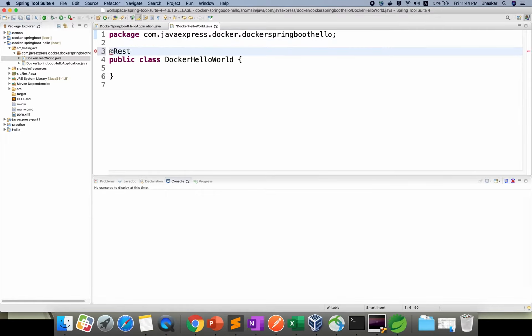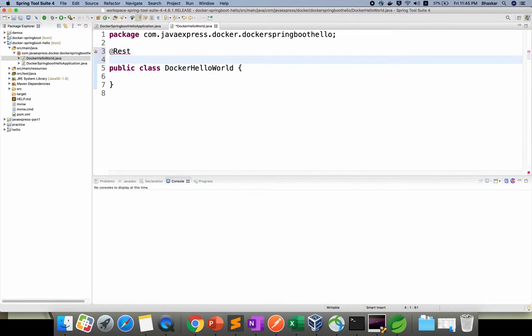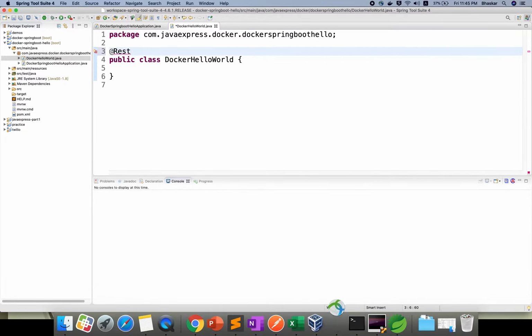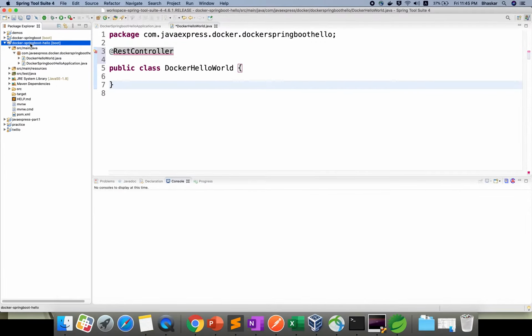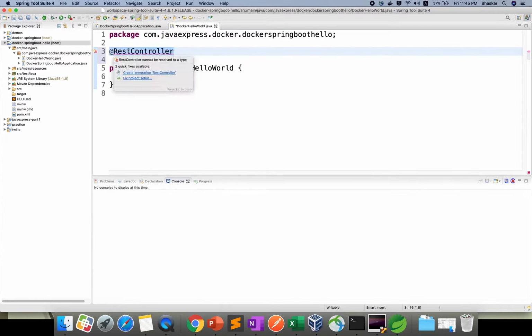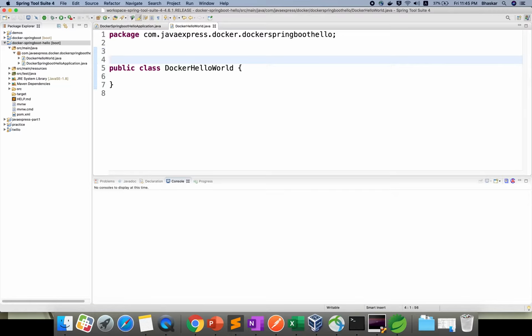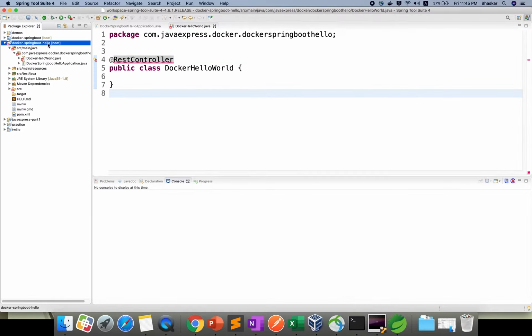Okay, REST controller. Why are we using it? If you want to map a REST endpoint, right? If you want to do any actions, you can enable this option. Sorry, it's not happening. REST controller, just you can see here, then just you can import. Why is it not happening? Spring Boot hyphen hello. All right, this is my REST controller. Just you can import. Hope these jar files are not downloaded.